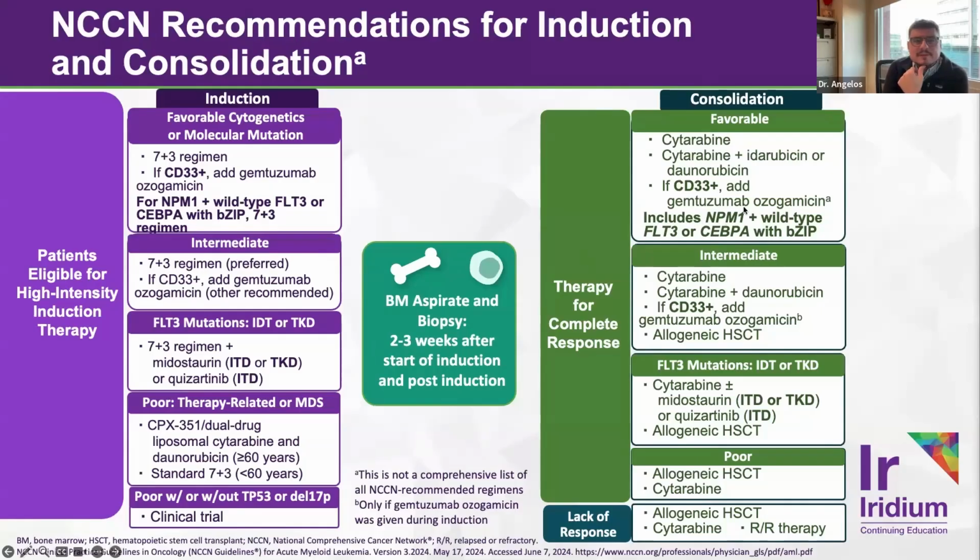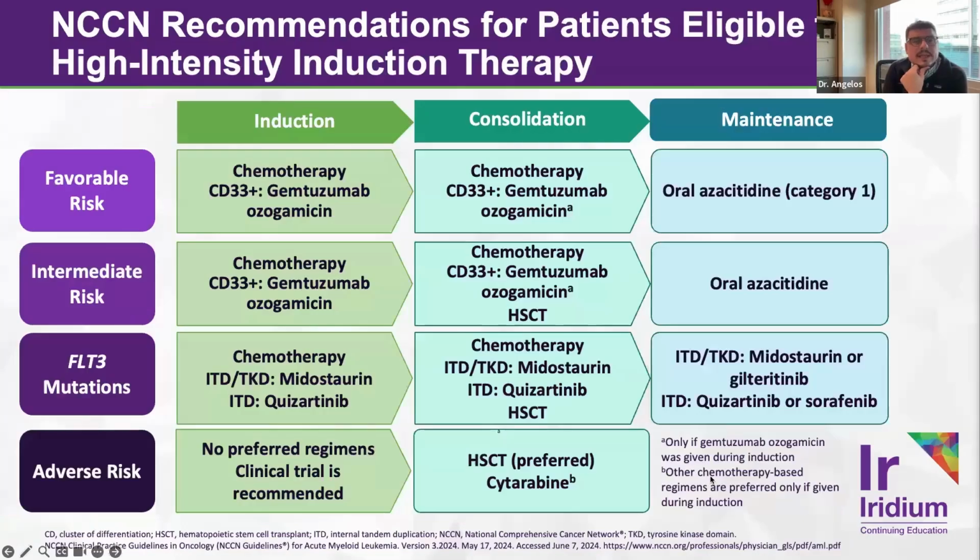Thereafter, patients have to have some sort of consolidative therapy. This can either be in the form of additional curative intent chemotherapy, for which options are shown here, or by pursuing an allogeneic stem cell transplant. In general, allotransplant should be considered for patients that have, per ELN 2022, either intermediate or adverse risk AML.